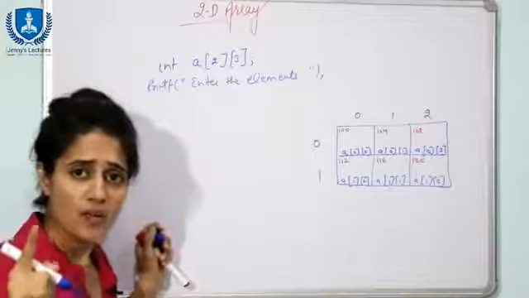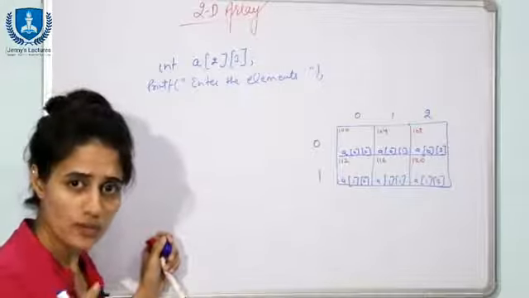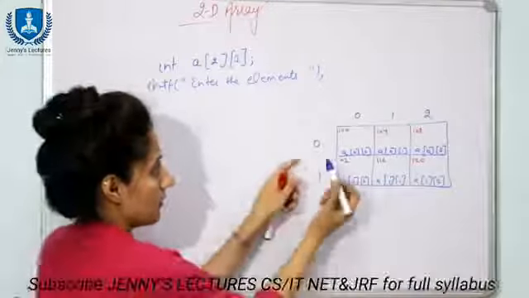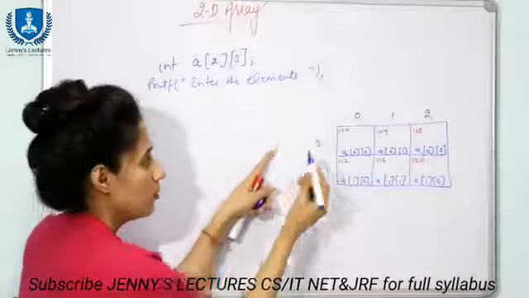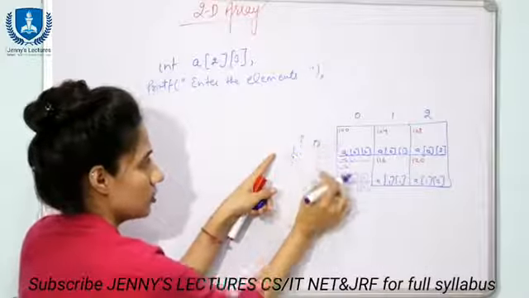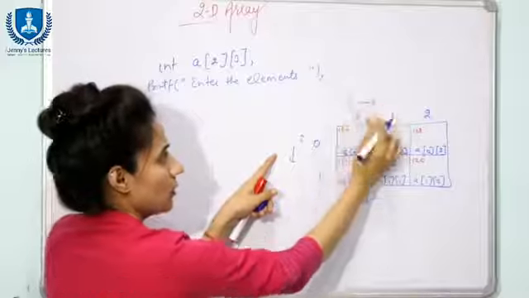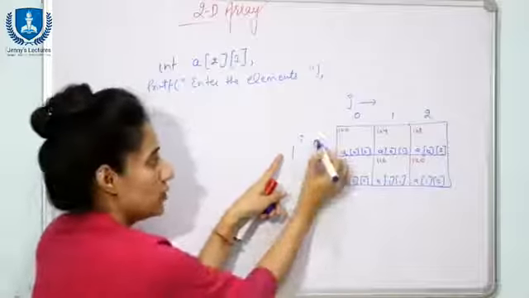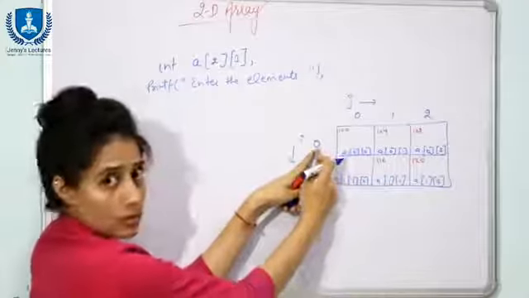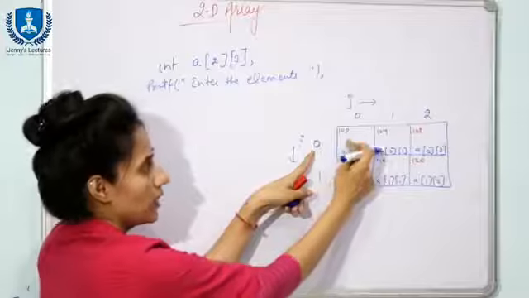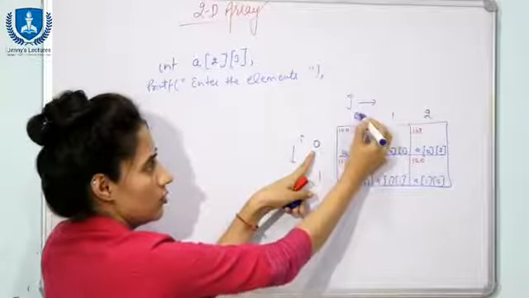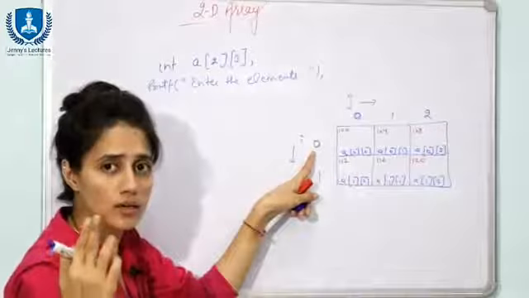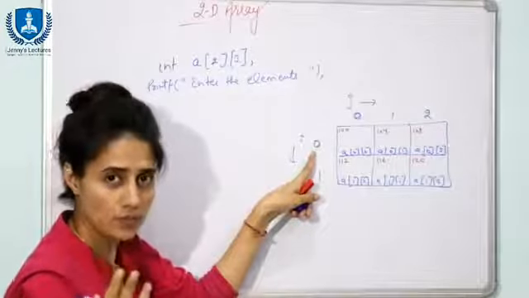In a 1D array we have taken one for loop, right, because we have only one dimension. But here we need one variable for the rows, 0 and 1, and one variable for the columns, 0, 1 and 2. When the i value is 0, it means we are in this row. In this row, the j value is 0, then 1, and then 2, because we are going to store three values, fine.